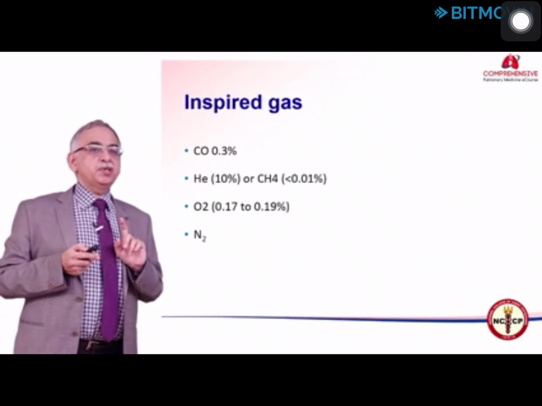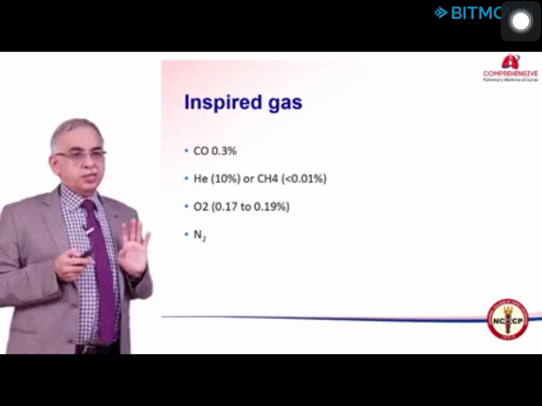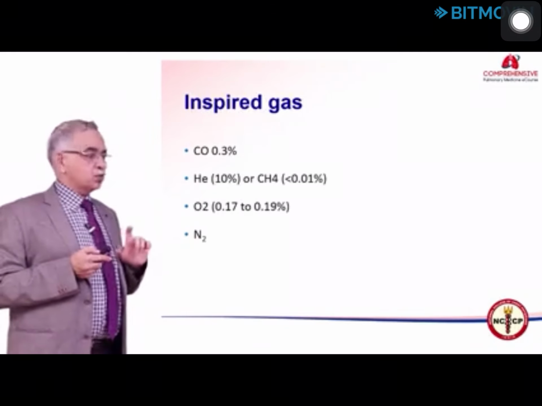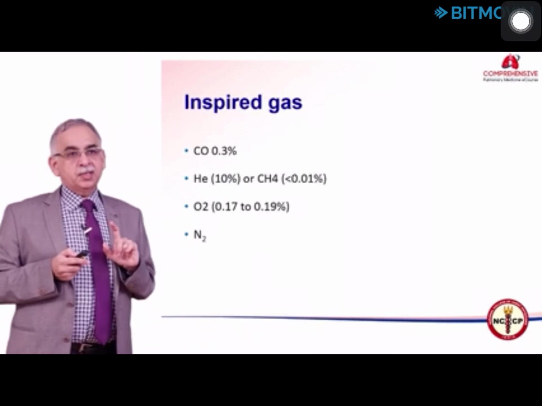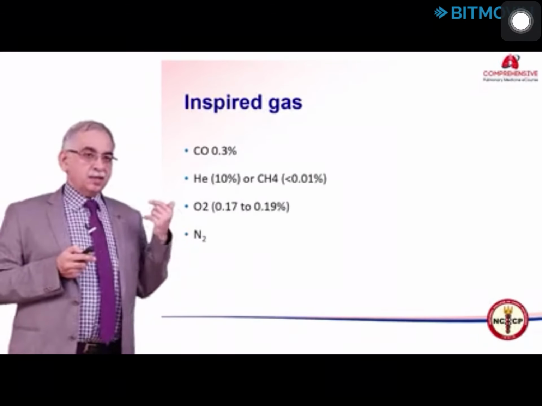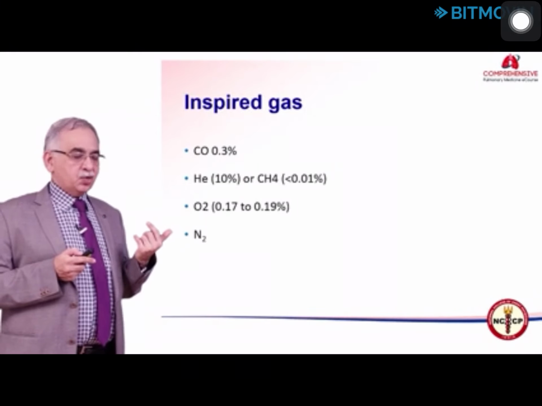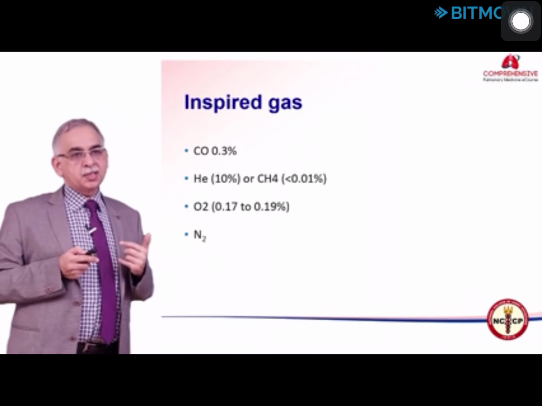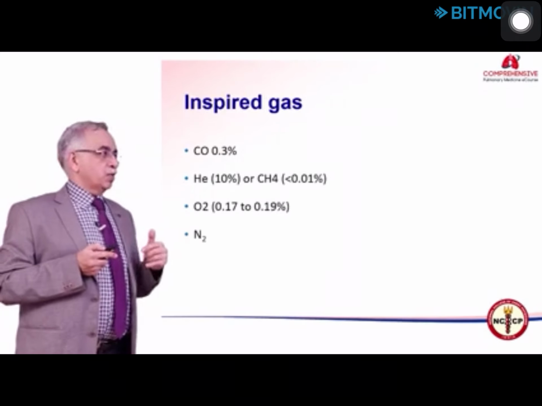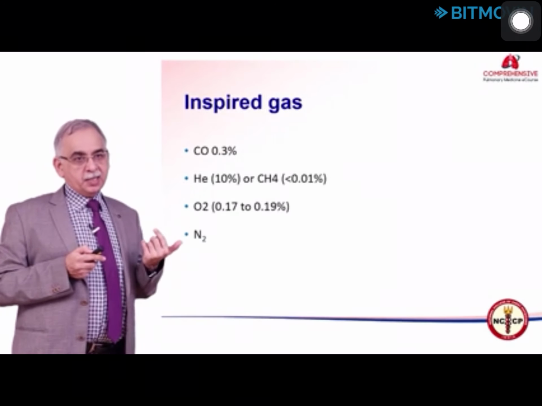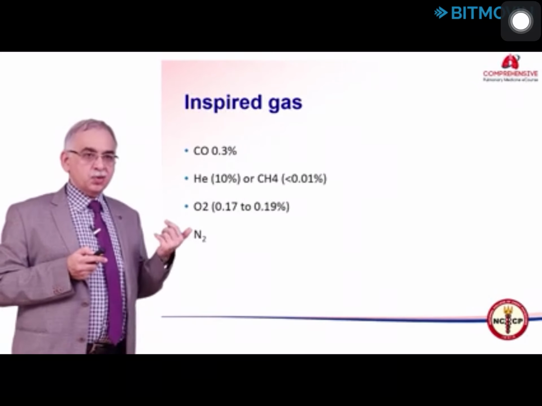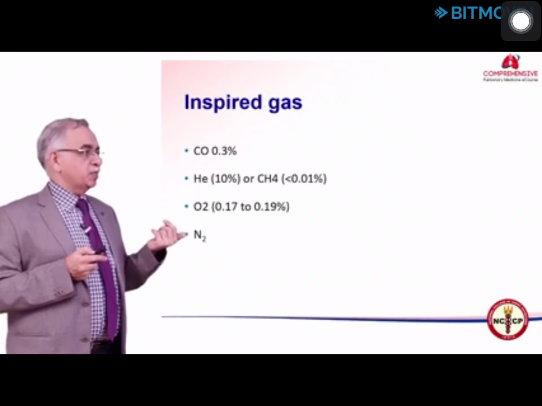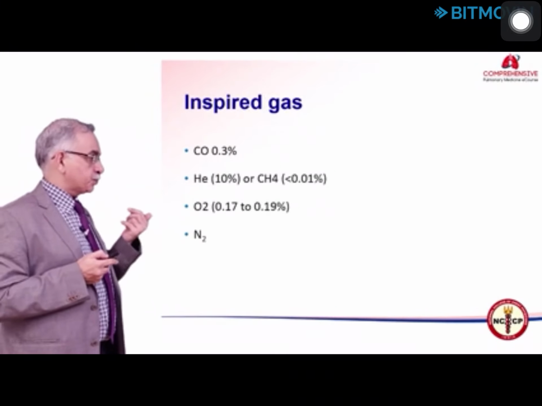The gas that we use contains carbon monoxide, which is 0.3%, along with a tracer gas to measure alveolar volume. If you recall, we also measure VA, or the alveolar volume, which is nothing but a single breath helium dilution estimation of lung volume. That utilizes the same principle as is used for closed circuit helium dilution. 10% helium is included in the gas mixture for that purpose.